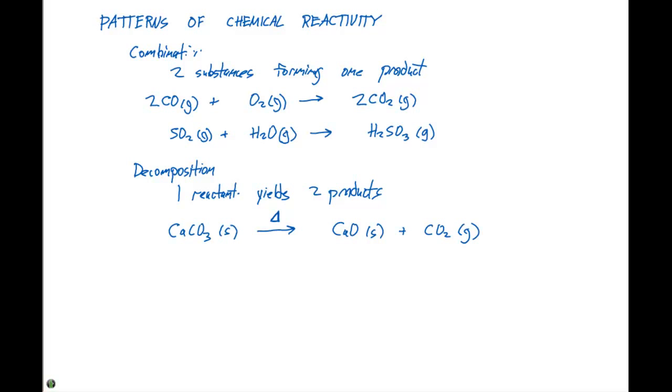We need to double check to make sure this is balanced. We have 1 calcium on the left and 1 on the right, 1 carbon on the left and 1 on the right, 3 oxygens on the left, and 1 plus 2 or 3 oxygens on the right-hand side. So that is balanced. And typically with these decomposition reactions, you need to put some type of energy or heat into them or do something to break down what that reactant is. Some of them happen spontaneously, but in most cases we need to apply some type of energy to push this